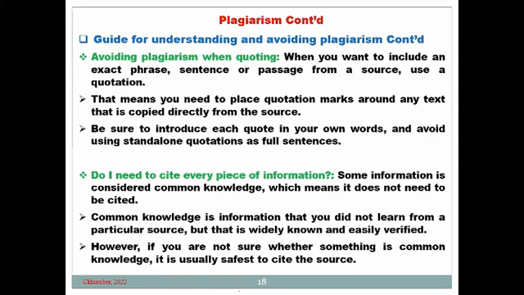Because of time, let's look at the third aspect: do I need to cite every piece of information? At times you begin to cite everything. Some information is considered common knowledge. In a recent research work, Professor Balogun was part of the work where we tried to use watermelon pea to remove copper 2 from industrial wastewater. I wrote the introduction for that work. I used a very powerful statement: copper is one of the most important and widely used metals presently. I didn't cite anybody.